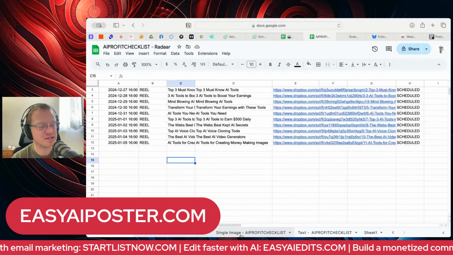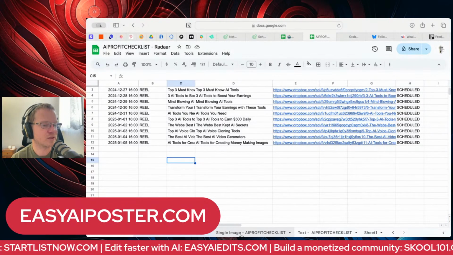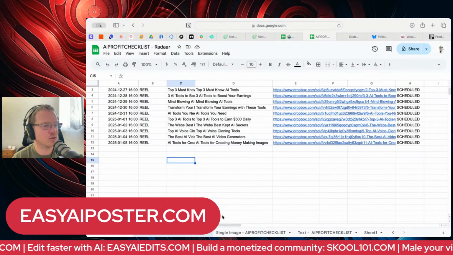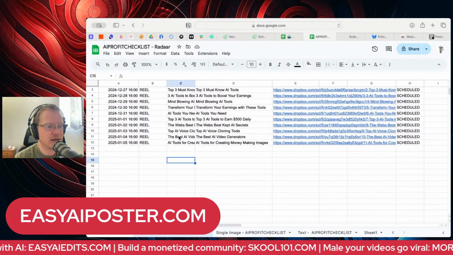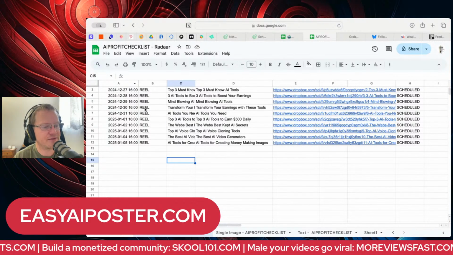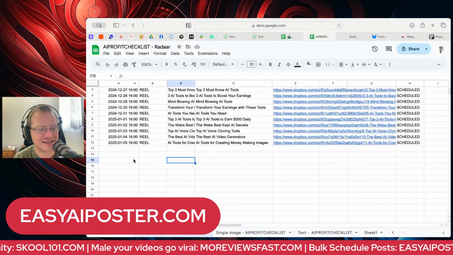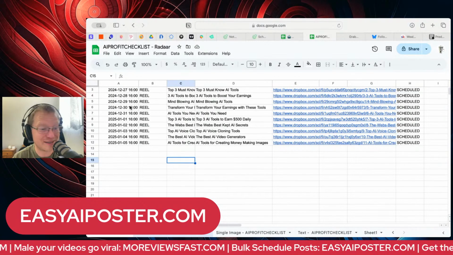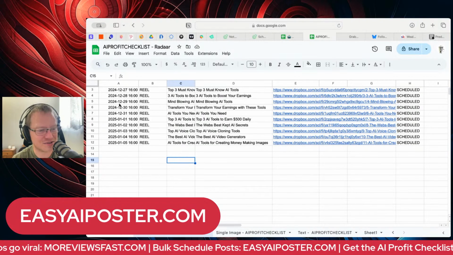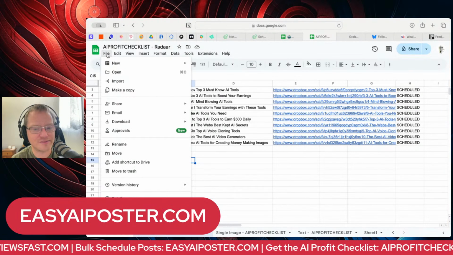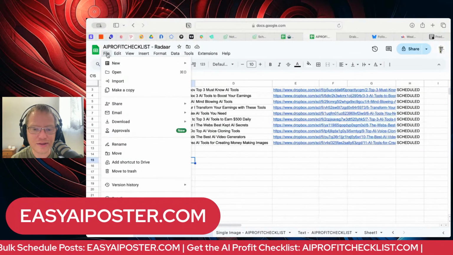So that's a way that you could just literally fill in the first one and just drag it down, and it will update the date all the way down the line and just clone the posting time. If you do want to go all out and make the posting time not exactly the same, you'll have to do a little manual work, but I think this is just fine personally. But now you go to file, this week with checklist.